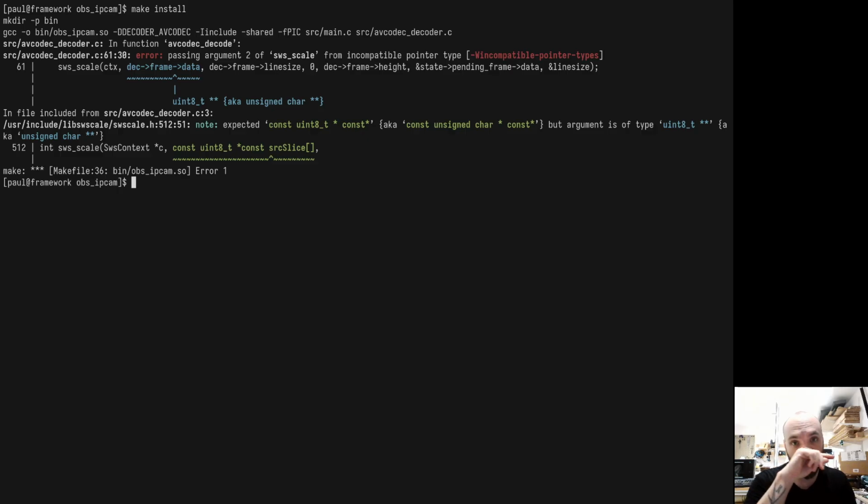Right, so I do have an error there, which is it wants a const uint8_t star const star, aka const unsigned char star const star. Now this is where I'm not super familiar with this. I just need to figure out